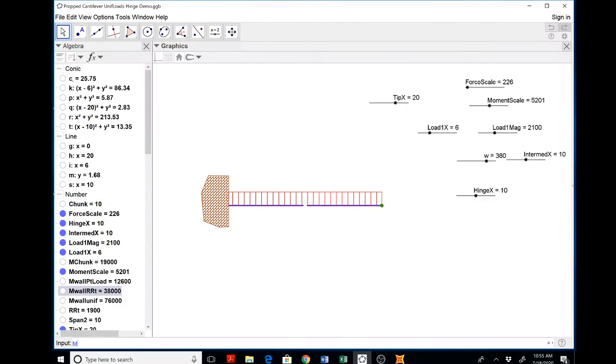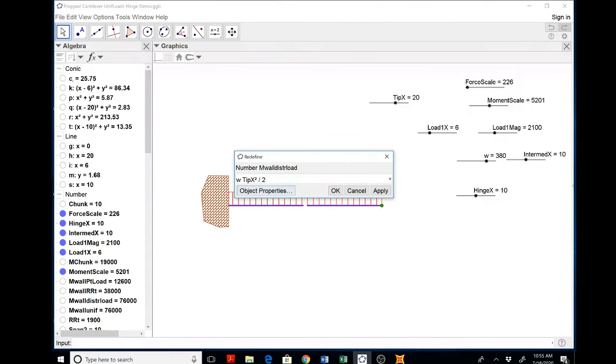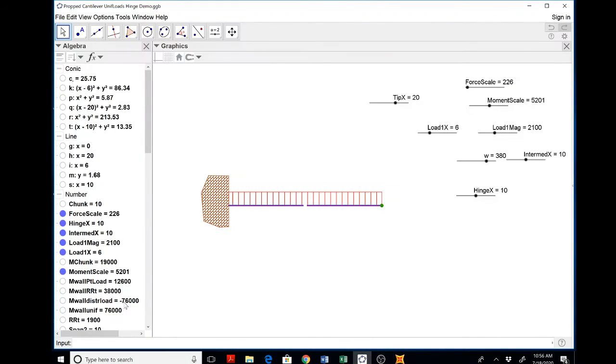It's a cantilever. So I'm going to call that M wall due to distributed load or something, which we knew before, but I'm just going to program it again. That's W times that entire length, tip X squared over 2. But I'm going to make that negative now so that I see that it's definitely tension on the top. And then M wall final is